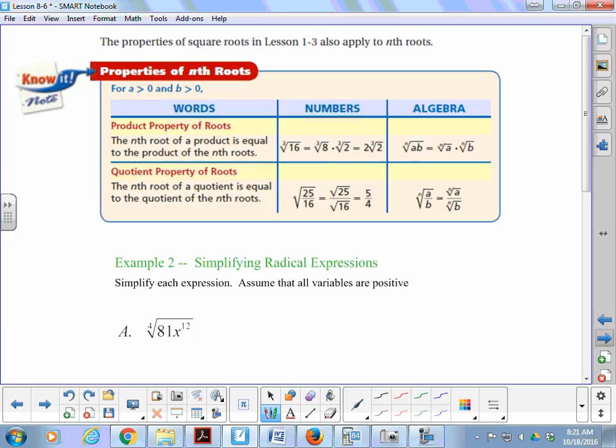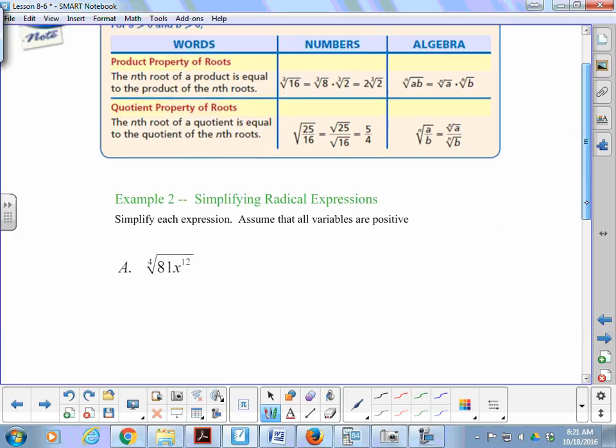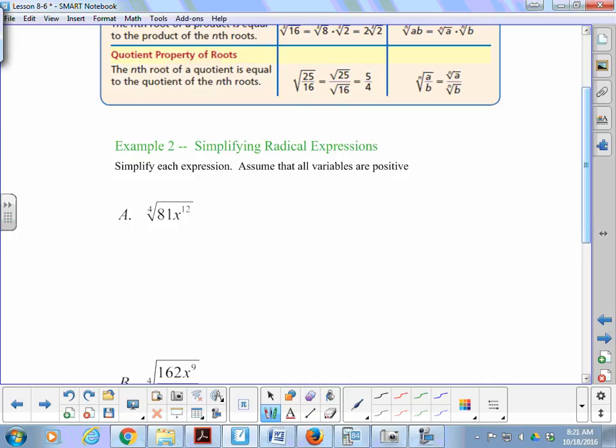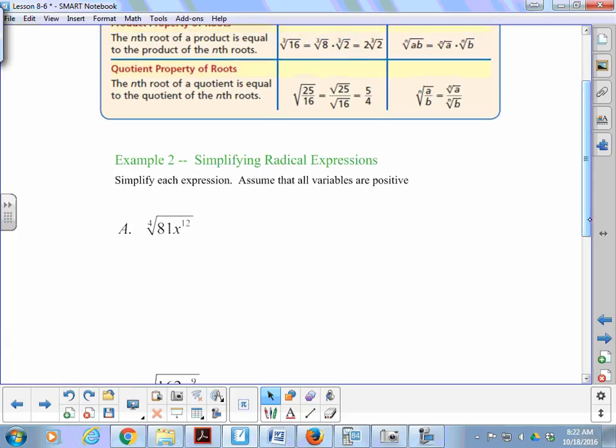We're going to use nth roots. So when you're doing these, if you have numbers and variables, the first thing I'm going to do is